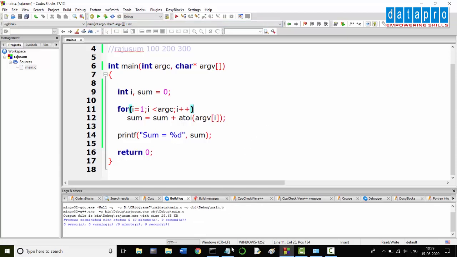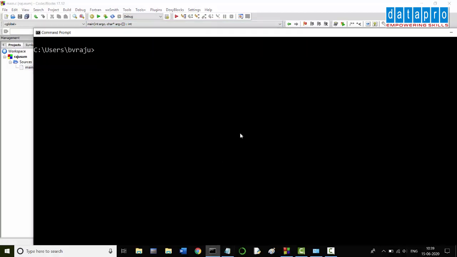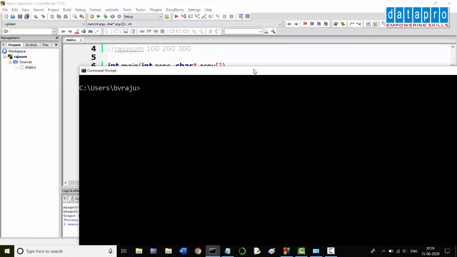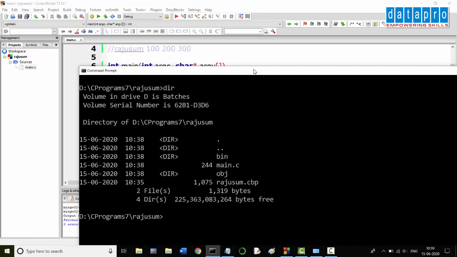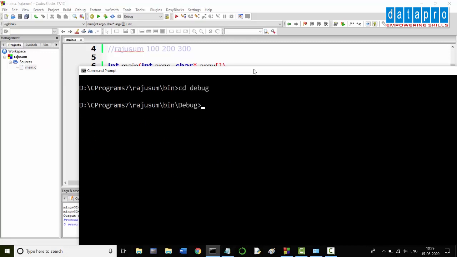Let's go to the command line. Let's navigate to the location where it is created. You know that it is created in D drive, C program 7, some folder. Then go to Raju sum. Then if you say dir, you can see the bin directory. Go to bin directory. Then debug.